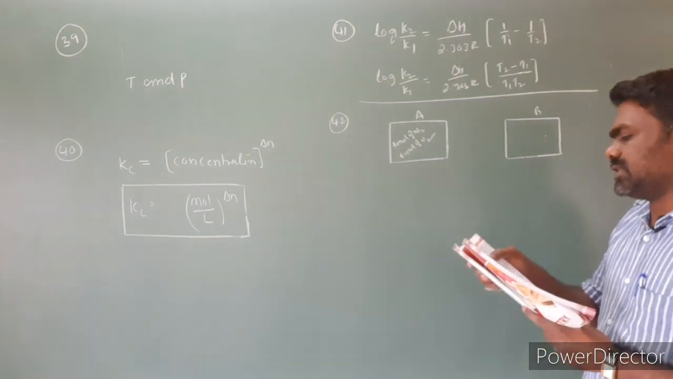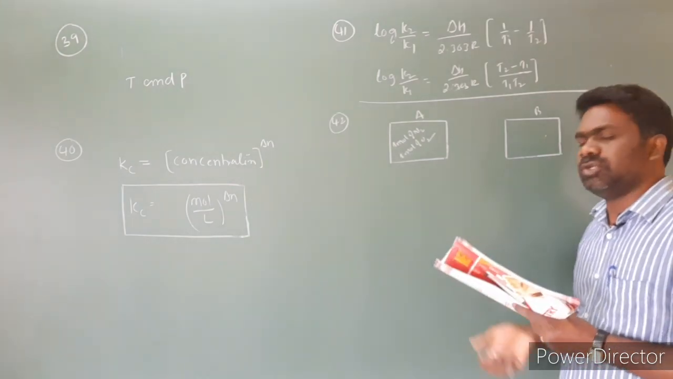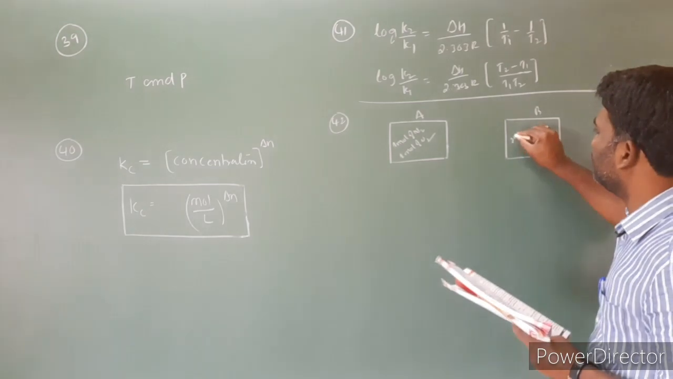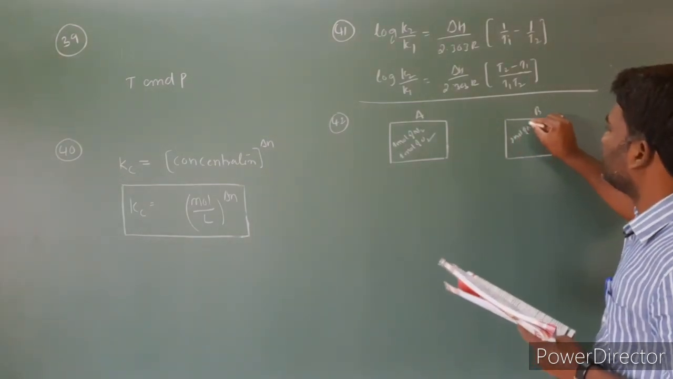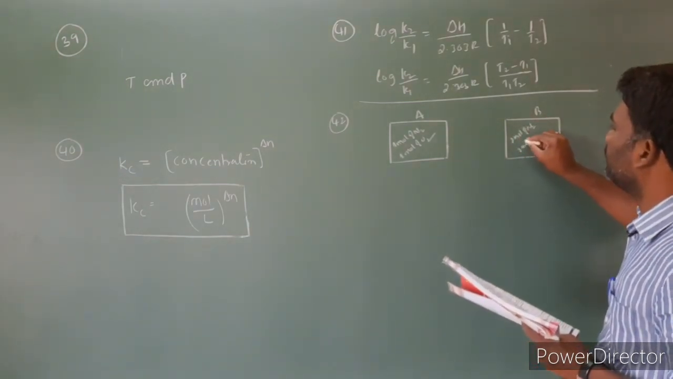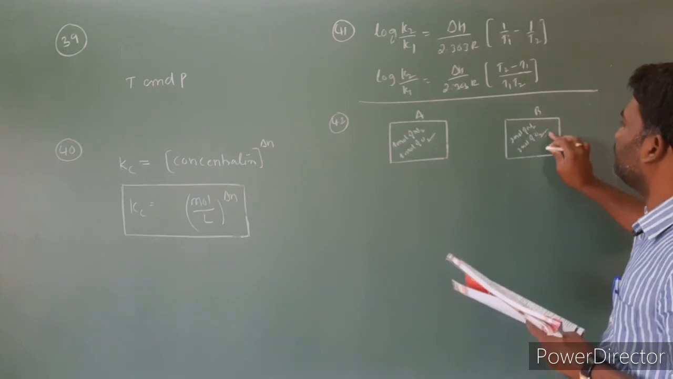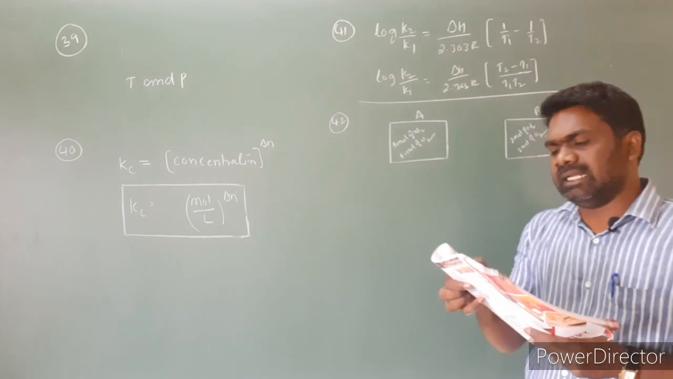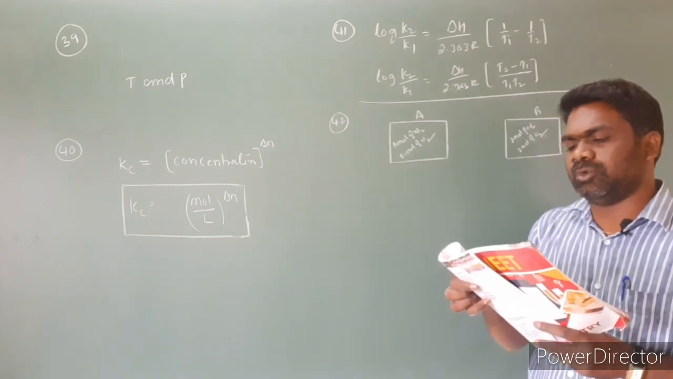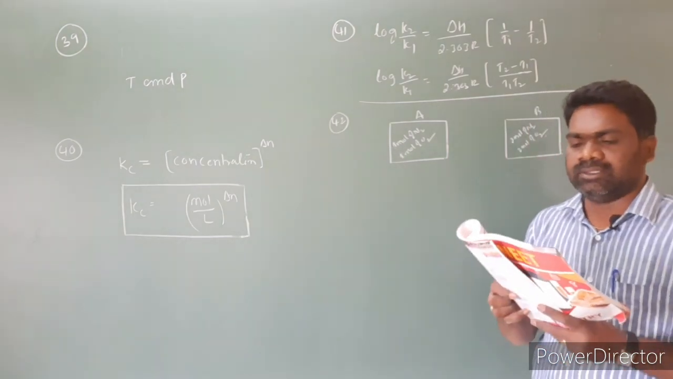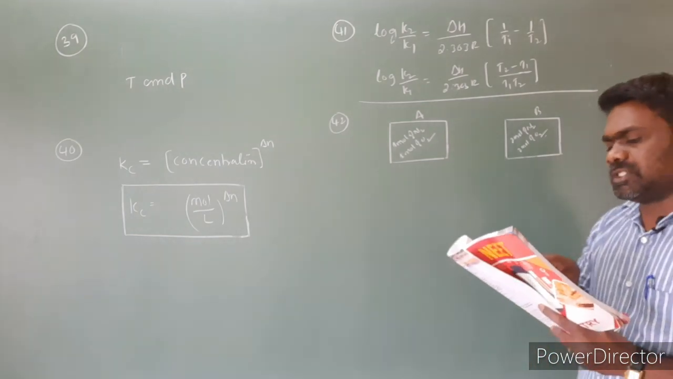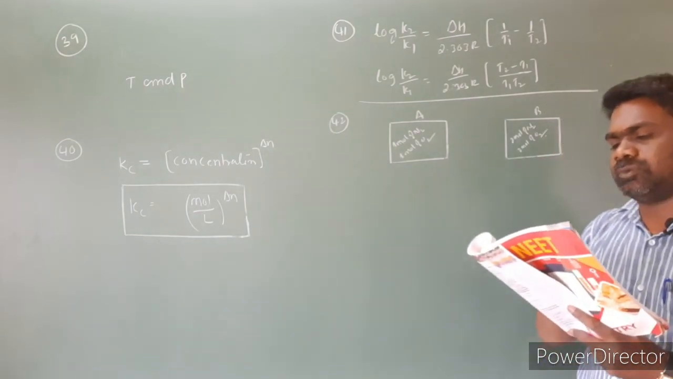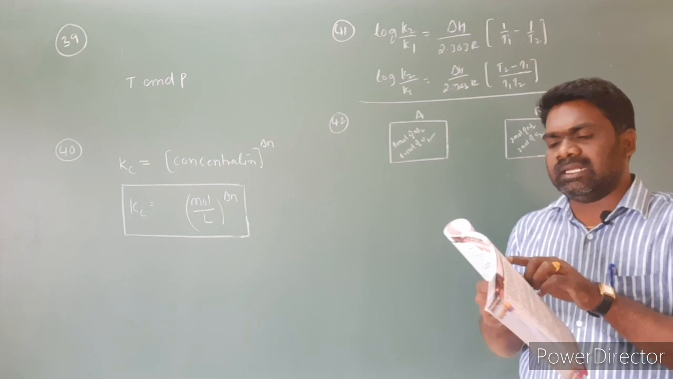Next, vessel B contains 2 moles of each N2 and O2. So 2 moles of N2, 2 moles of O2. Both vessels are heated to the same temperature till equilibrium is established in both the cases. Then the correct statement is: so here first option, Kc for N2 plus O2 gives rise to 2NO in A and B